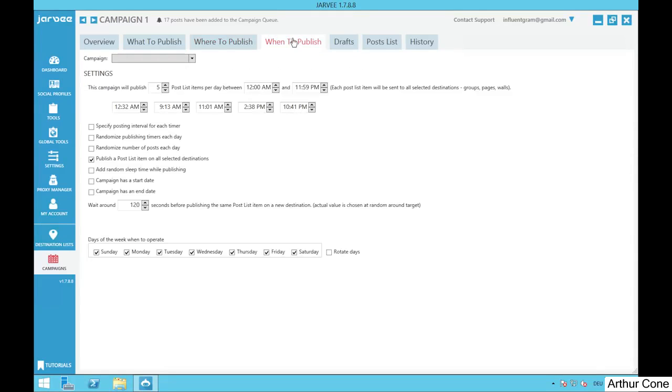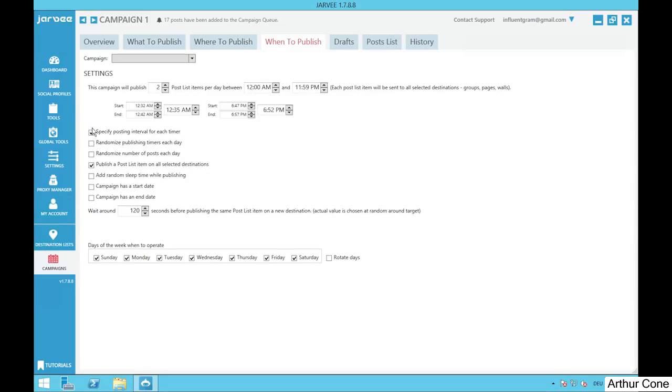Then we go to when to publish. Here's where you decide when your post will be uploaded. For example, let's say I want to post twice a day between 7 and 8 a.m. and 5 and 6 p.m. So then I type in 2 here, and it gives me an interval, and it will now randomly choose the times. What you want to do is click on specify posting interval for each timer, and then I can type in